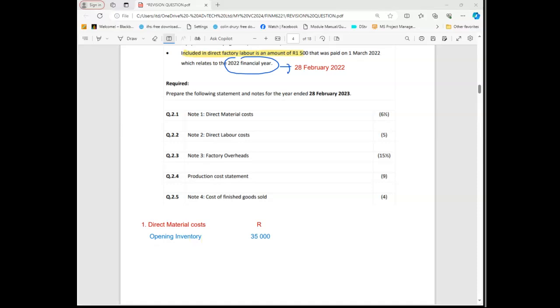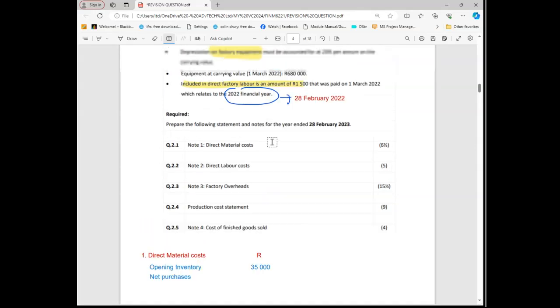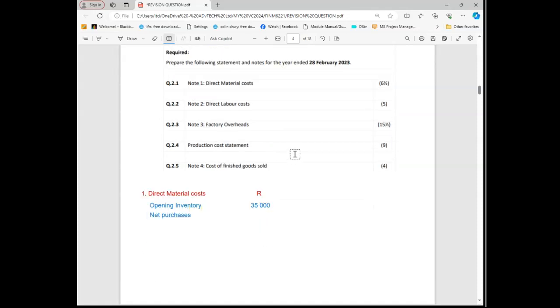So the next thing that we normally do, we normally put what you call net purchases. So second, net purchases. It's like dealing with the inventory system called periodic. Remember the periodic? If we say net purchases, it means the figure that we must put here must be net of something. Meaning we must go and check our purchases. Let me know if you are ready so that we can go and check purchases. Okay, let's go up